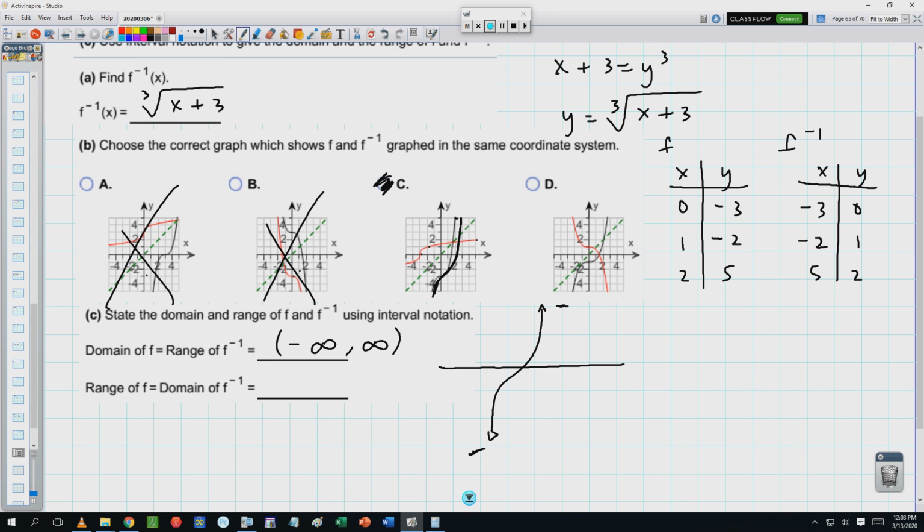The range of f. The range of f, you want to look at the y-axis. And this graph is going down in a hurry and up in a hurry. Your range is also